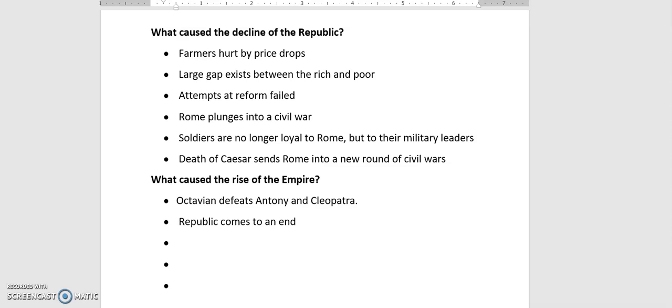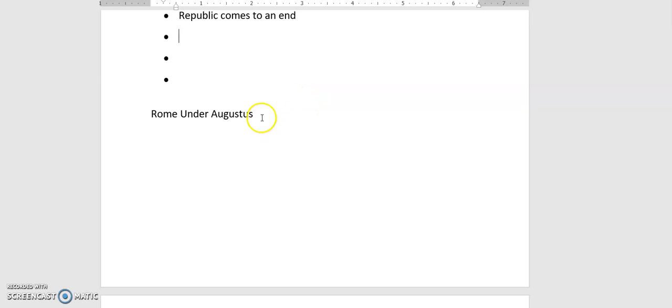So we're going to talk at the bottom about what life was like under Augustus, because he actually does a lot of really good things. And so I want this to sort of be a separate section for you guys. So if you want to go underneath the Rome under Augustus section,